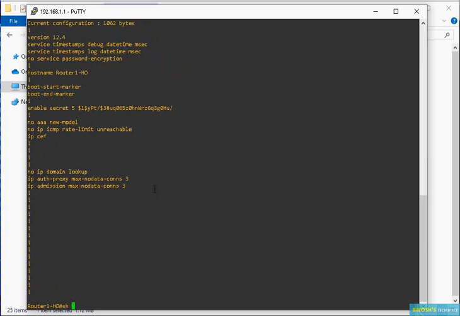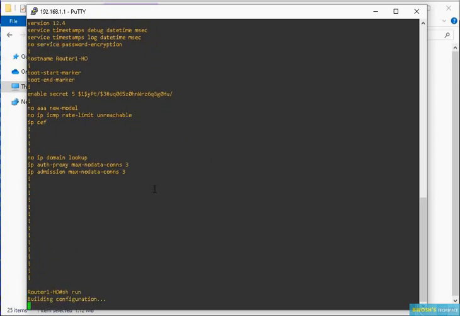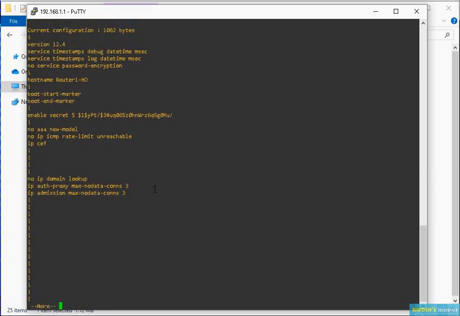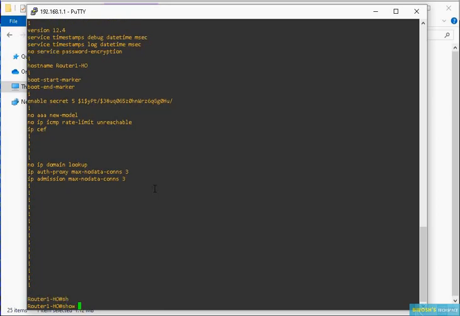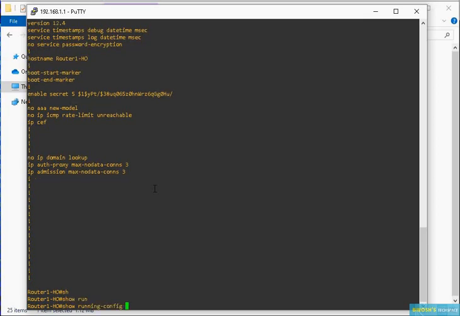You can just type sh run, and it will run the command. If you want to quit from a command, you can use the key Ctrl C, and if you want to complete a command, you can use tab. You enter some letters, then you can press tab, and it will complete the command.